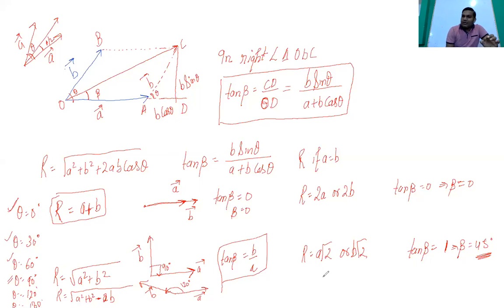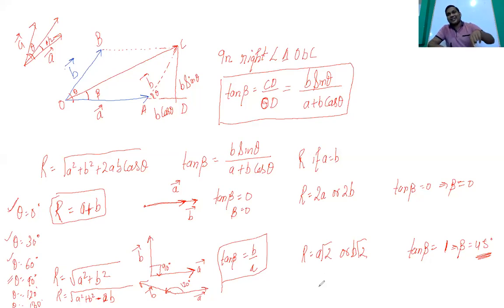But if both vectors are equal, then it's a very interesting result we have discussed so far. If there are two equal vectors acting at angle 120 degree, then the resultant will be equal to either vector. We discussed one question: if there are two unit vectors and their resultant is also unity, find the angle between them. The angle was 120 degree.